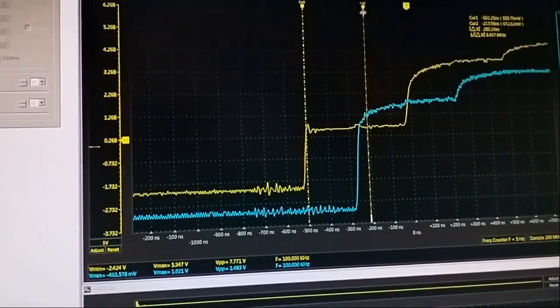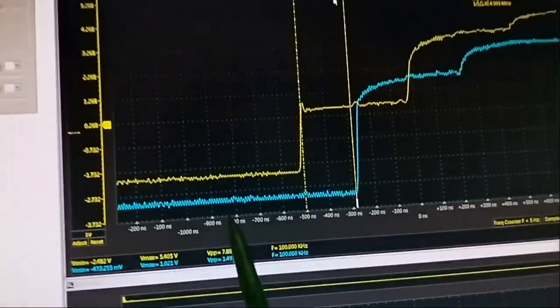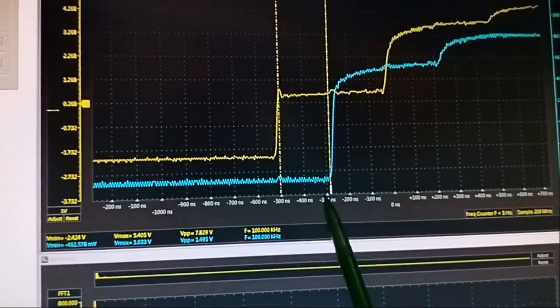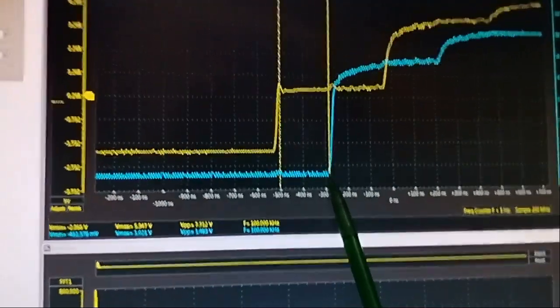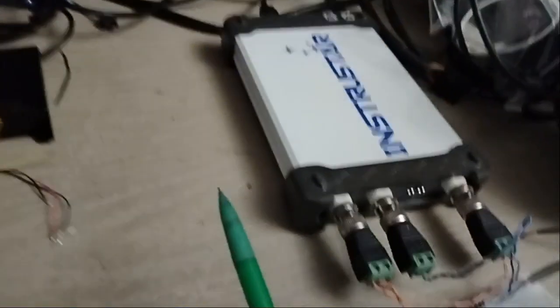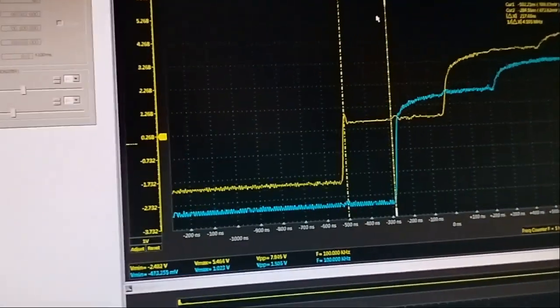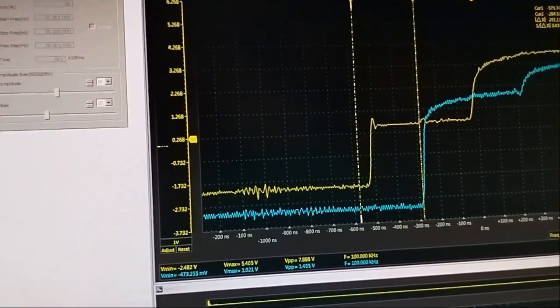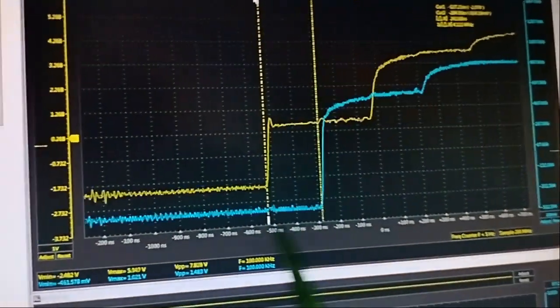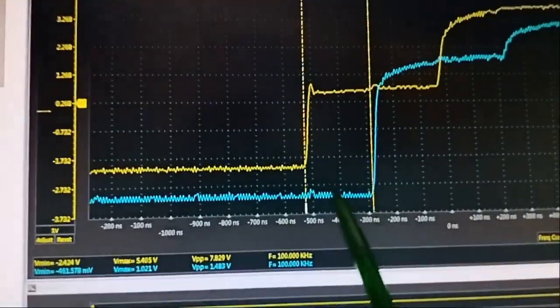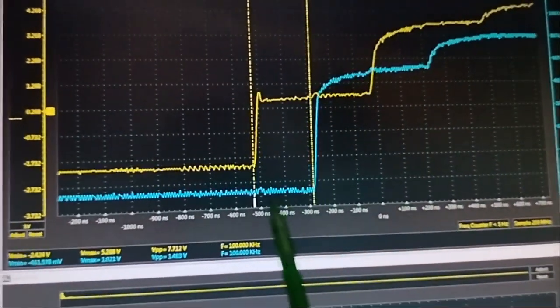The first position is here in the beginning of the signal, and the second position is here when the signal is reaching the end of the cable and is observed on the second channel. The signals start from here, the yellow part. Let me move it a bit more to the beginning. So this is the initial moment, and then the signal goes through the cable and reaches the end of it, and you can see it on the second channel. The blue line is rising. So this is the distance, and here is the time,